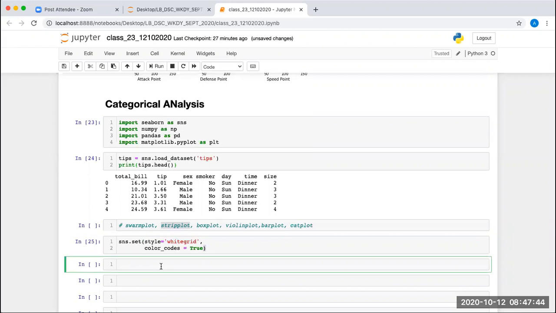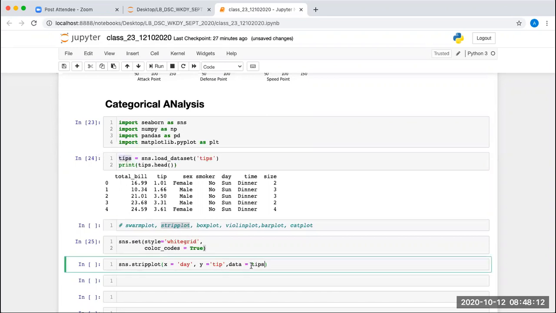And next we are going to use this strip plot. The function we have is sns dot strip plot, and inside this we are going to pass x is equal to day and y is equal to tip. And the data we will be passing is this tips data.